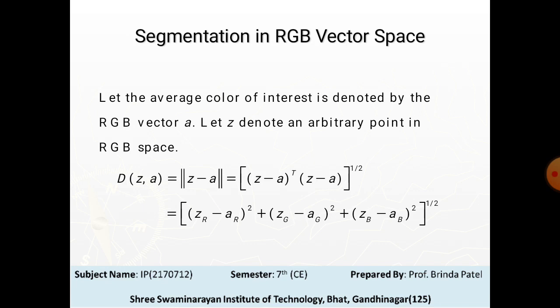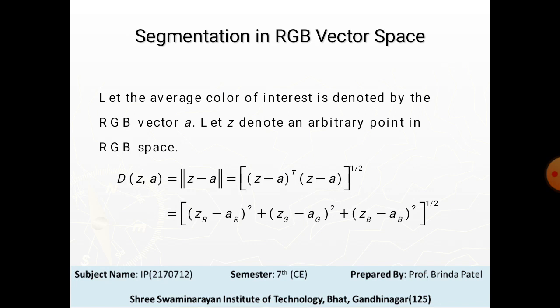One of the simplest measures is the Euclidean distance. Let z denote an arbitrary point in RGB space. We say that z is similar to a if the distance between them is less than a specified threshold D0. The Euclidean distance between z and a is given by D(z,a) = ||z - a|| = [(z - a)^T (z - a)]^(1/2)